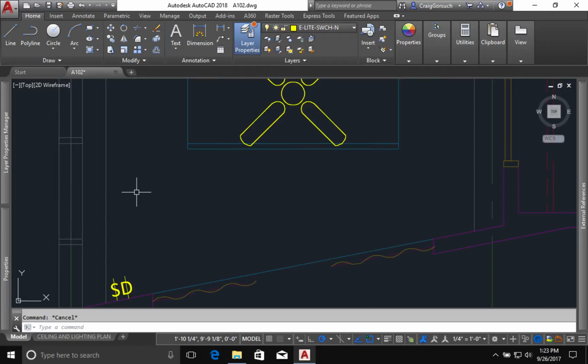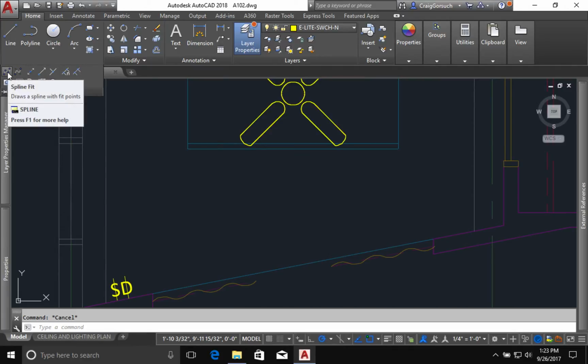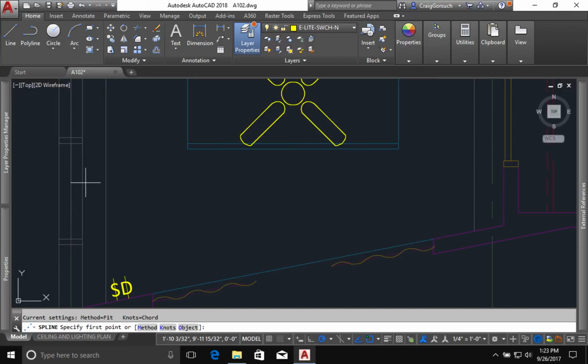Come on. Okay, come over here to draw, and I'm going to use a spline. Now, those of you who are familiar with Illustrator, you guys know how to deal with the pen tool and how you can get kind of free-handed arcs and all that kind of stuff with it. This is the closest thing we have to that tool. And they start at the end, and I'm just going to make them go around,